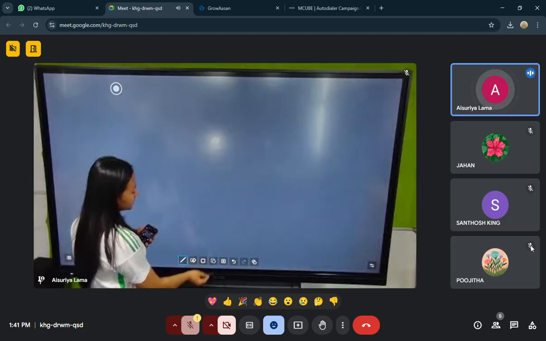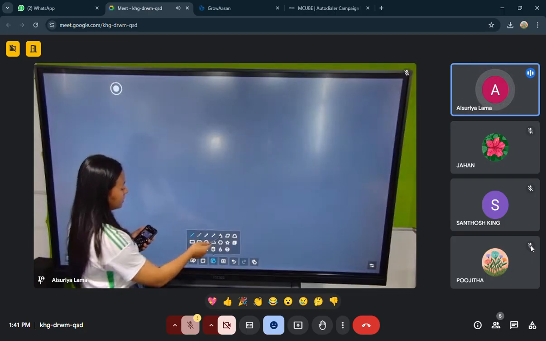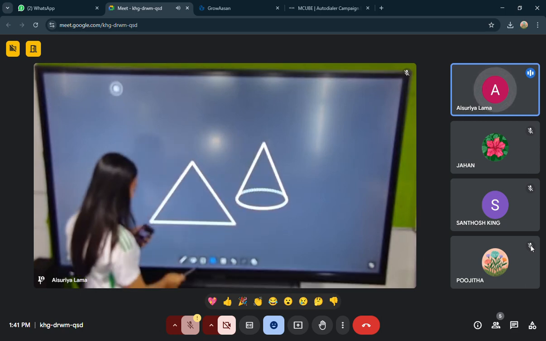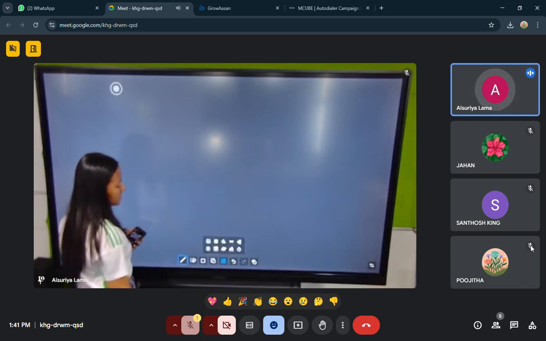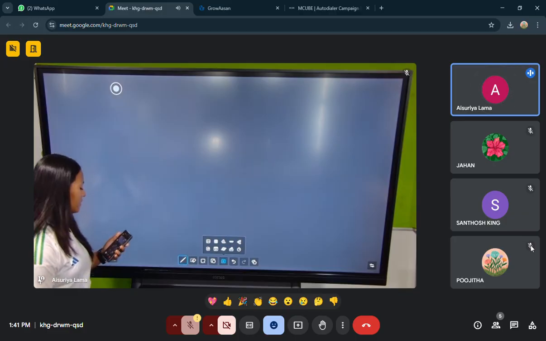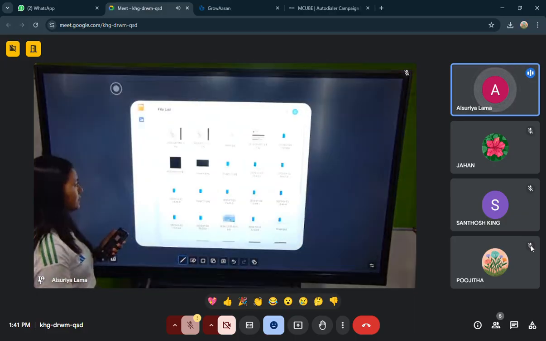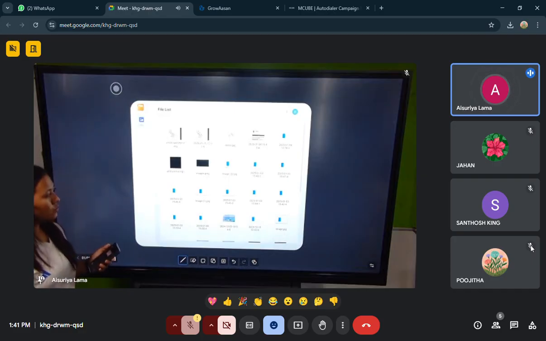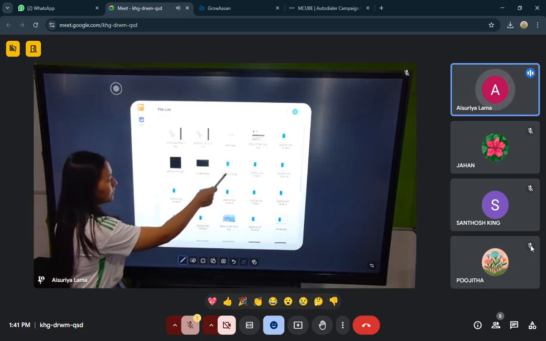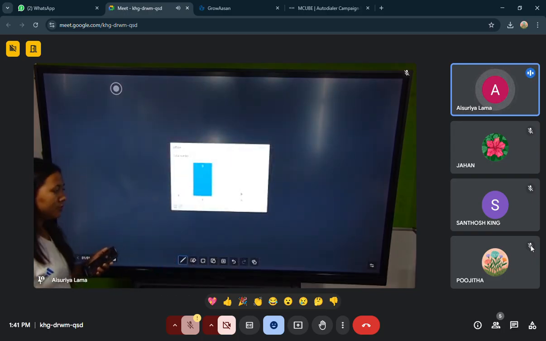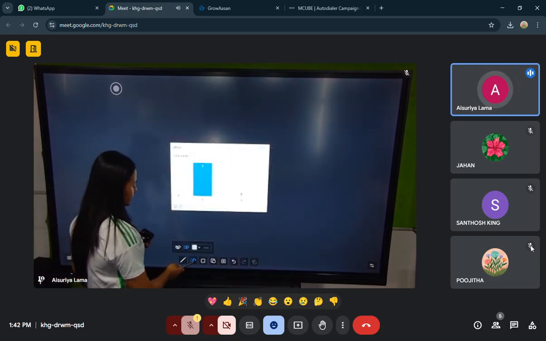Then you have shapes option in which you have line diagram, you have 2D shapes, you have 3D shapes. So all the shapes are available here. Then this is the plus sign in which you have multiple options. First and foremost, you have image. Once I click the image option, I'll be directed towards the file list. So whichever image I want, for example, I want this, I have to click the plus sign. It will automatically come here and then I'll be able to use this option to teach.